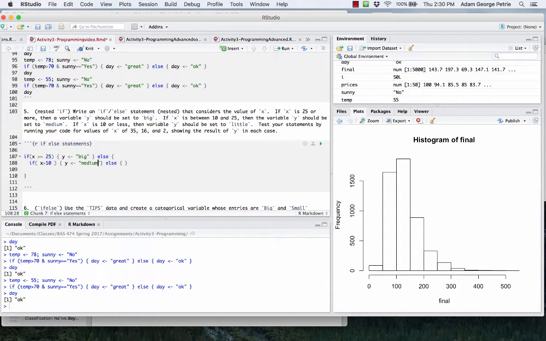Okay, sounds good. There's still more though. If x is 10 or less, then the variable y should be set to little. So, all right, if x is less than 25, we go into this else statement and execute all the code that's inside the curly brackets